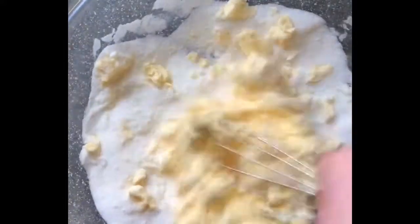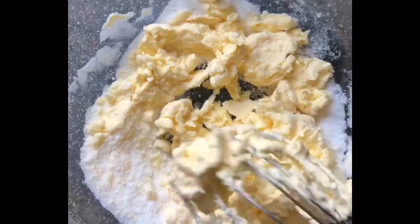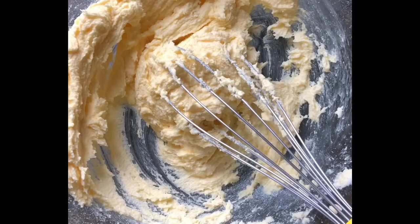We're going to cream this a little bit, but again, we don't want any. We're not making this sponge. So we're just going to cream that together with a whisk or a spoon if you wish. I find it easier with a whisk. So just cream this together nice and gently. It will come together. So there we go. Again, we don't want to get too much air into it. We're just going to cream that, and then we're going to add